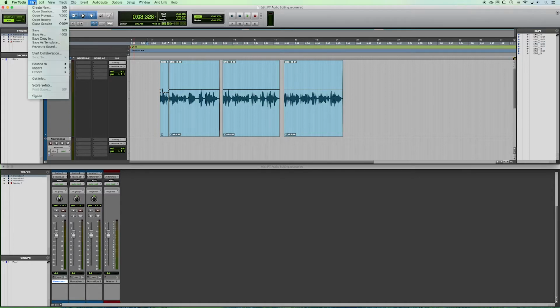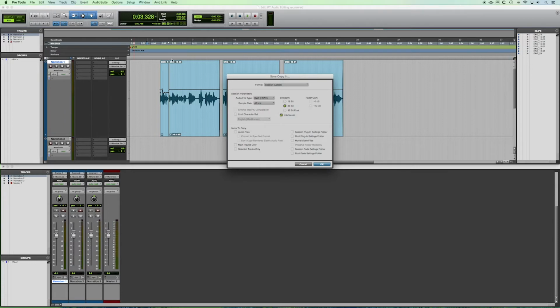So the first thing we're going to look at is the file menu. And just like most software, you have all the create new, open, save functions. But I wanted to look at specifically the save copy in function. So this is a very important feature because what it does is allow you to save your Pro Tools session